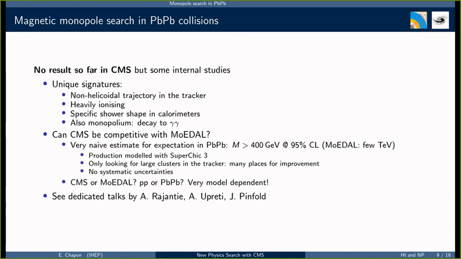Now, Albert, please. Hi. In fact, SuperChic usually does exclusive processes, but this is just a side comment, we use it for diffractive processes and so forth. So maybe it's that kind of thing, just to answer Artu. But yes, I know this generator. It doesn't have monopoles, but something was put in for that.